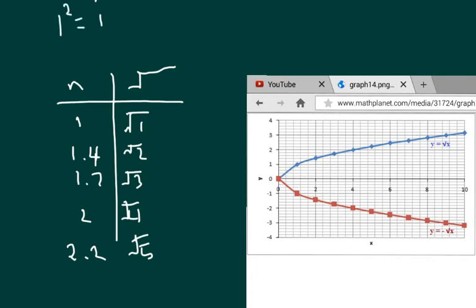1 to the second power is 1. 2 to the second power gives a perfect square, 4. 3 to the second power shows a perfect square, which is 9. 4 to the second power results in a perfect square, 16. But you have all these numbers in between, 1 and 4 and 9 and 16, that are not perfect squares,